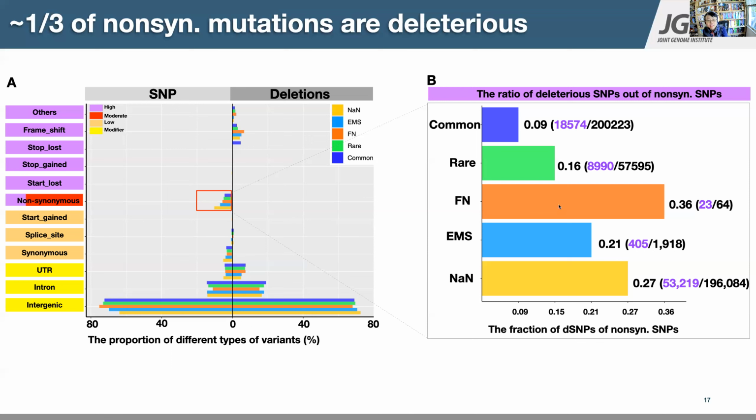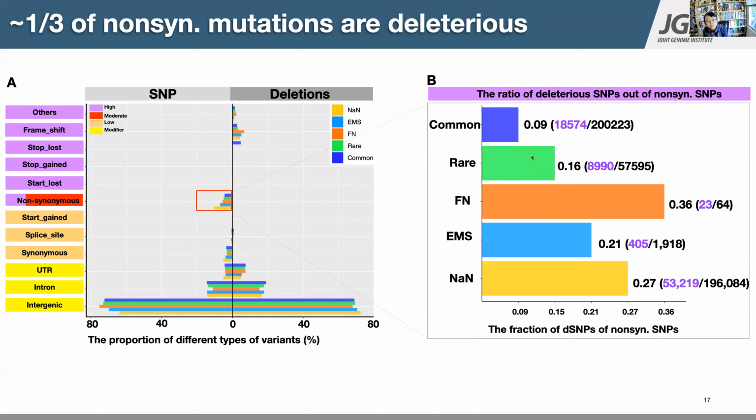We can see that at least 21% of the induced mutations are deleterious, and this is much higher than the standing variations, which makes sense since those are artificially induced mutations. And this answers the second question we asked: do induced mutations tend to change the phenotype? Yes,